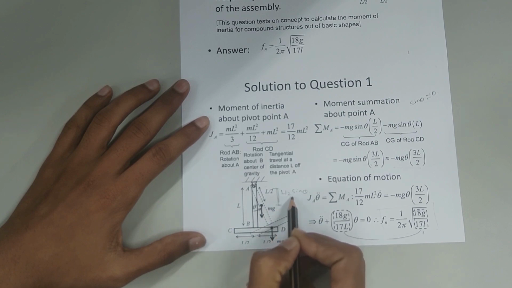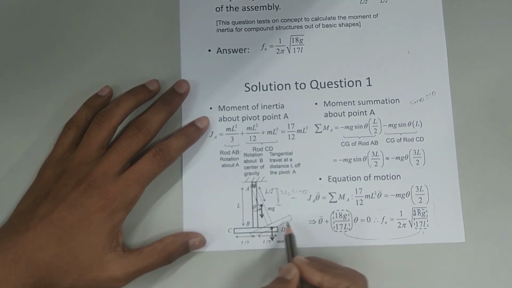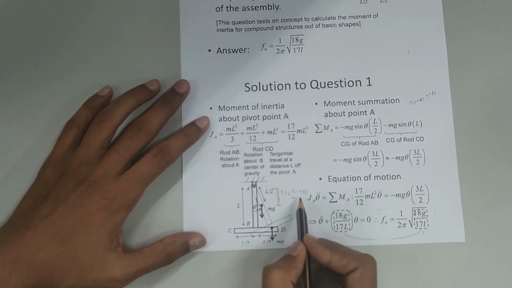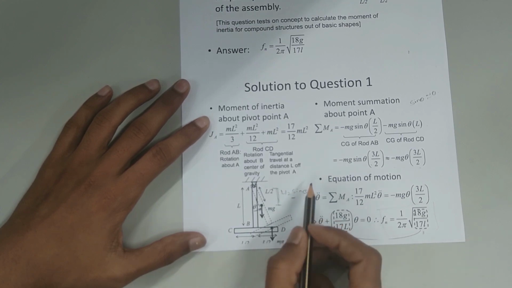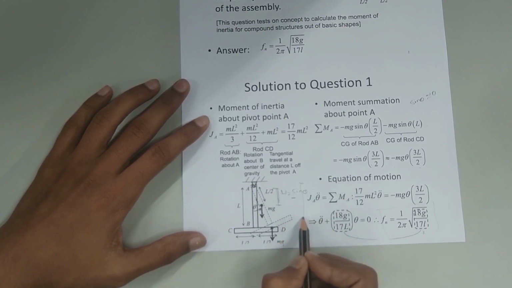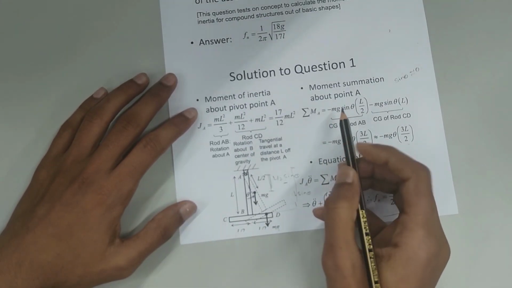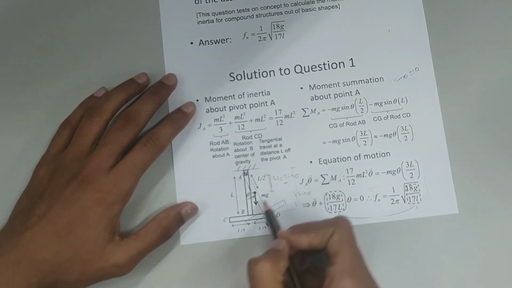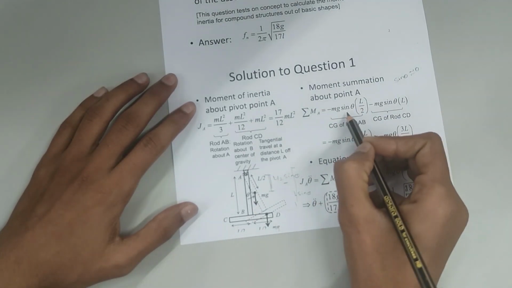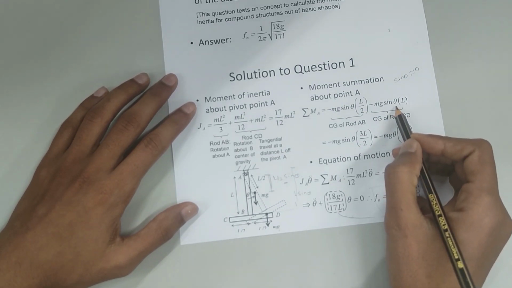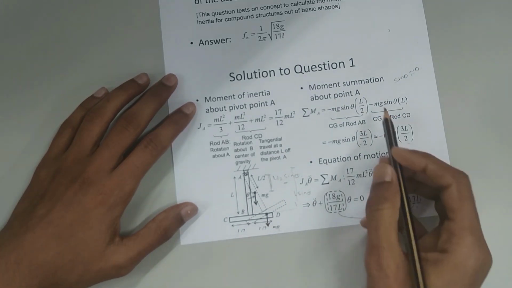For the second rod, the weight is also mg, acting at a distance of L sine theta. So the moment about point A is